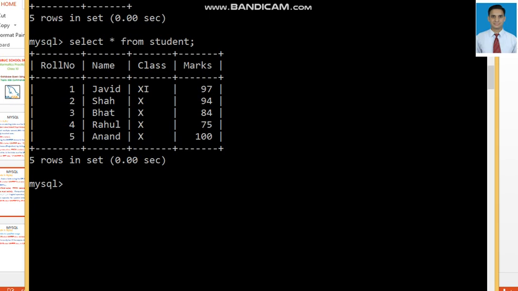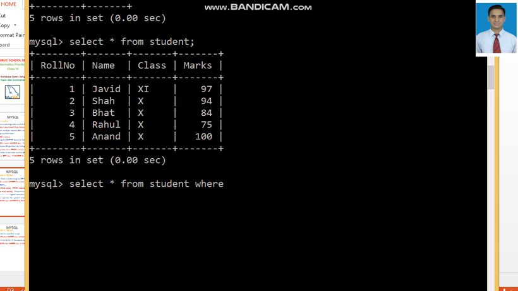Now we will do one thing. We will use filtering. Filtering means I want to display the student having the roll number 1 only. For that, I use select star. Star means I need every field, select star from student. We use a filter clause called where.